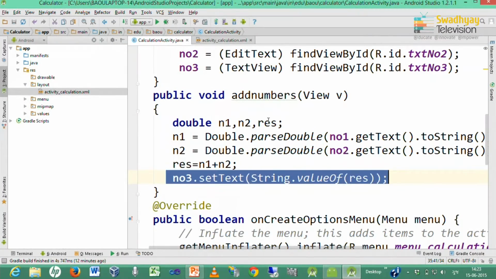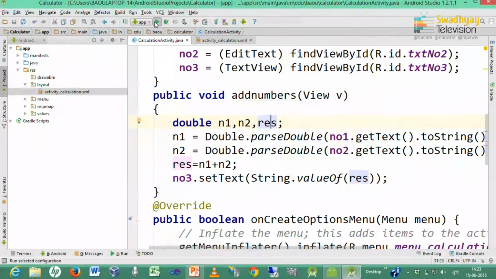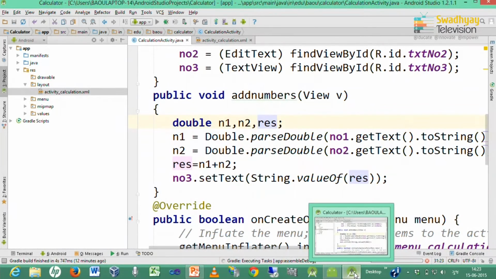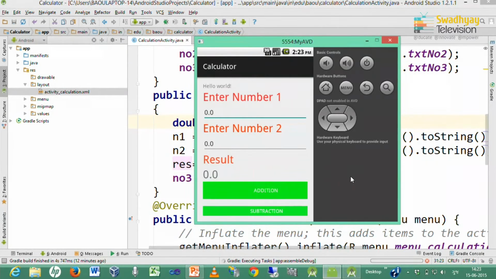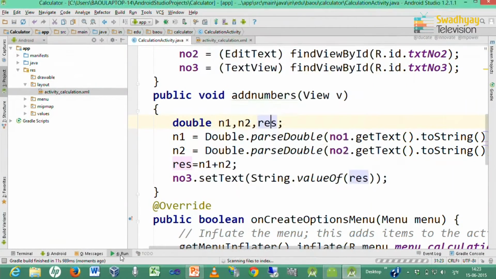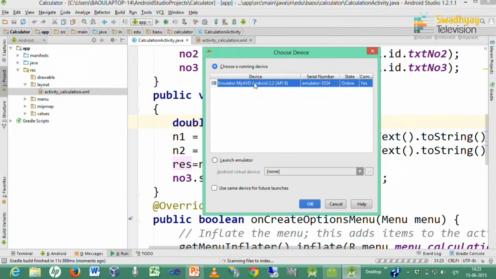Now, we want to check this method. So, again I run this and it will show our updated app in the emulator. Let us wait, and you can see it asks whether you want to run the same application in the existing emulator.